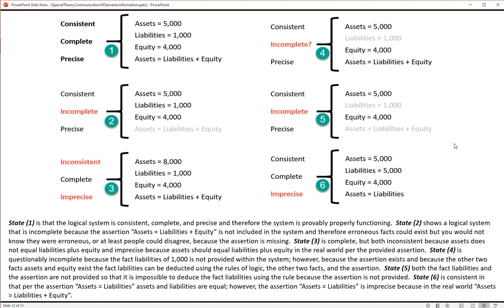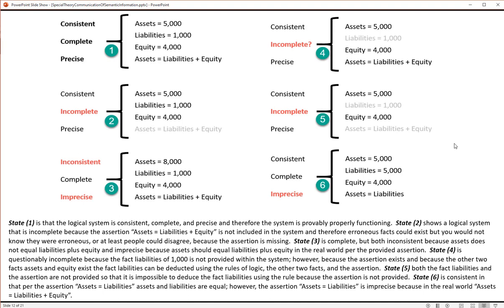However, if you provided all of those three terms and the rule, you have what amounts to a parity check to make sure that the system is working correctly. But number five, if you don't report the concept liabilities and you don't have the rule, you can't derive the value for liabilities effectively. Number six,